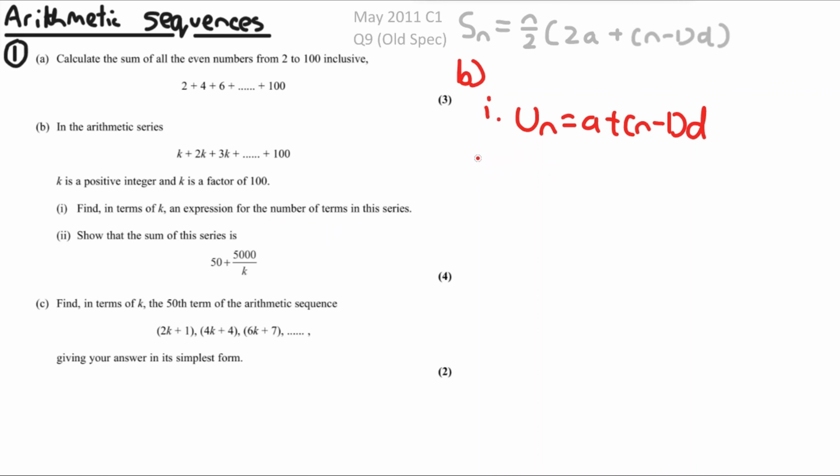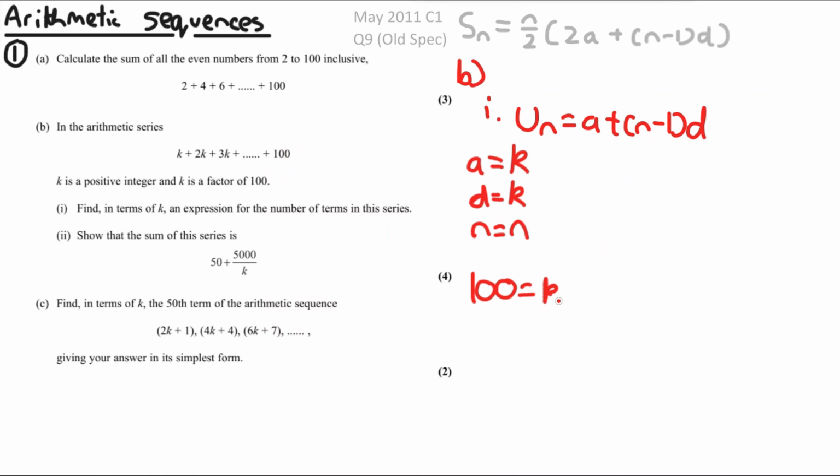So for this sequence, a is equal to k. It says that we can find it in terms of k. d is also equal to k, because you can see that the difference between each term is plus k. k plus k is equal to 2k, 2k plus k is equal to 3k, so it goes up by k each time. n is what we want to find, so we're just going to call this n, and then we're going to equal this to 100, so it's going to be 100 is equal to